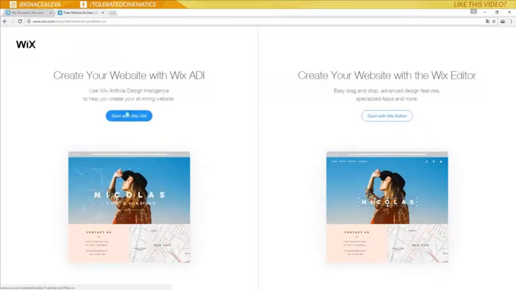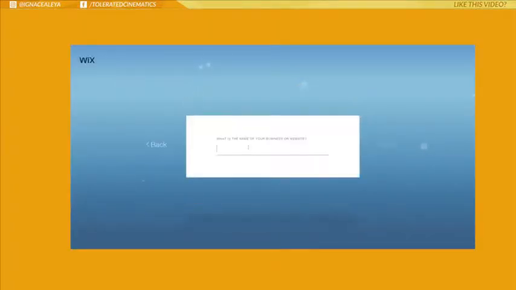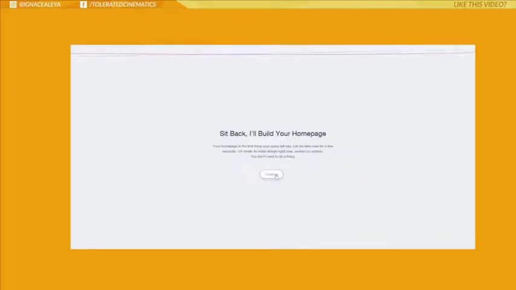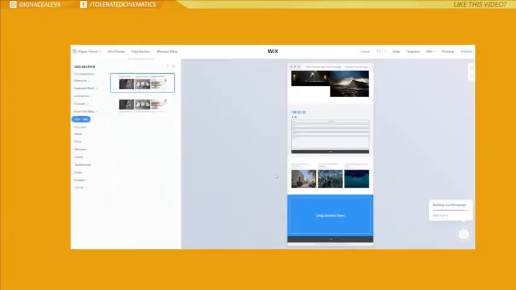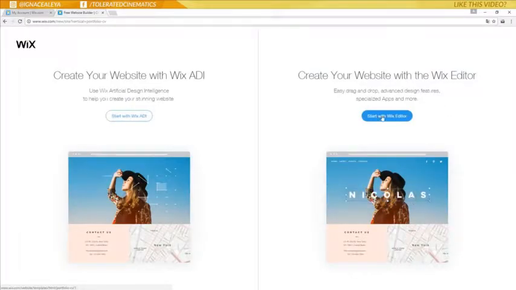We have, for example, the Artificial Design Intelligence from Wix, which is actually pretty cool to look at. So I'll definitely recommend to click on this button and just see through it. It's actually animating your website right away, and you see visually that Wix is designing your website with some details that you give in, and then if you like it, you tell it that you like it, and then you can re-customize things. It's actually pretty cool, but for this tutorial of course we're going to use the Wix